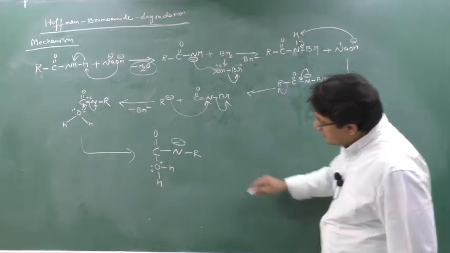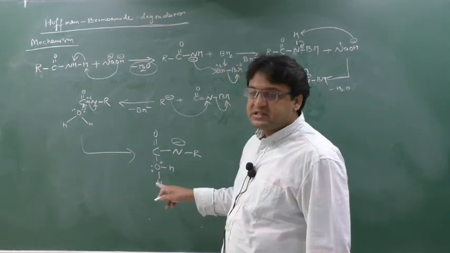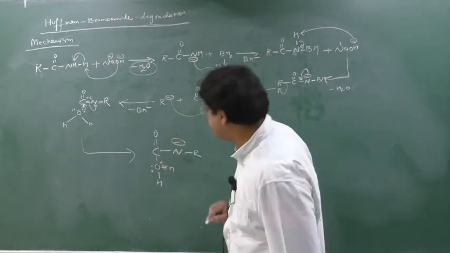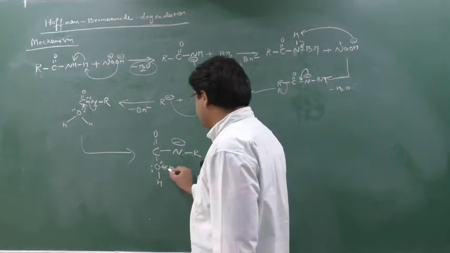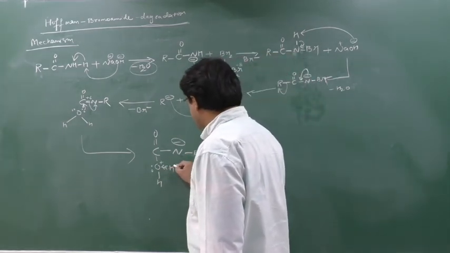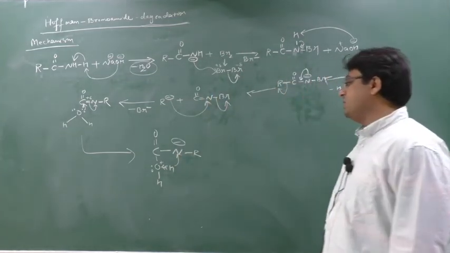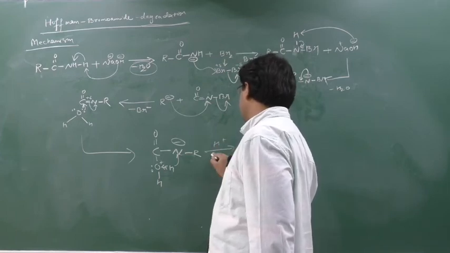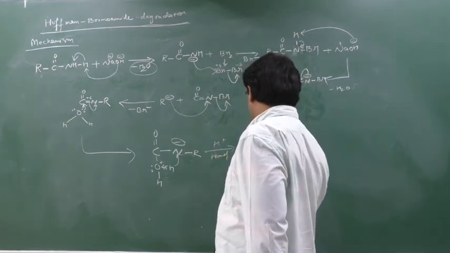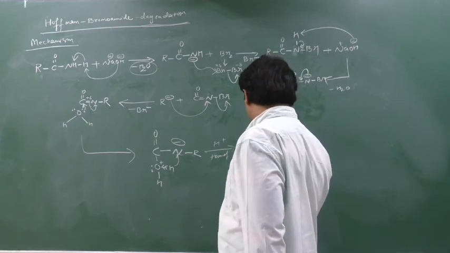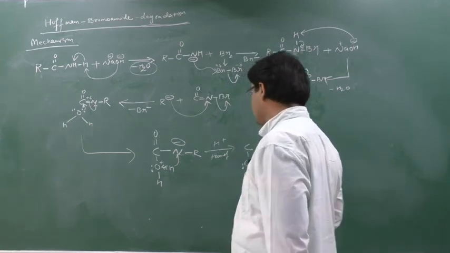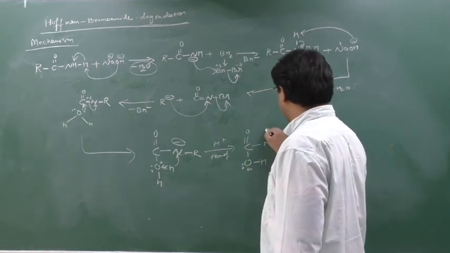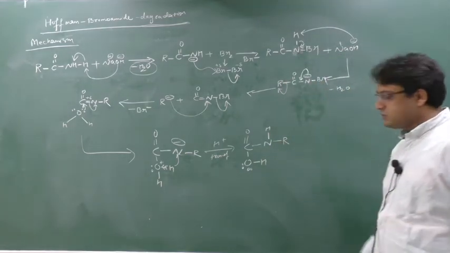Clear? Now see here. This oxygen cannot be stable with the positive charge. It should be negative. So this oxygen will try to attract the electron from this hydrogen, which you have seen in the alcohol. So this hydrogen will give its electron to this oxygen, be released as H plus, and will be shifted to this nitrogen, which is having the negative charge. So we call it a proton transfer, H plus transfer. So see here, oxygen, now H has been removed. So one more lone pair will come back. Okay. So double bond O, and this nitrogen is now having one hydrogen, and again this R. So this will be generated.